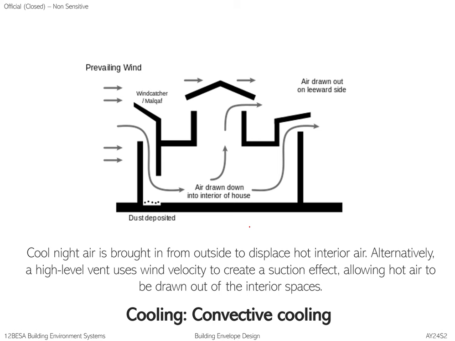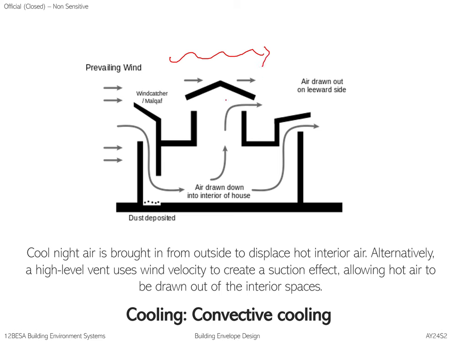Convective cooling is another kind of cooling measure, where the cool night air is brought in from outside to displace the hot interior air. Alternatively, a high-level vent uses wind velocity to create a suction effect, allowing hot air to be drawn out of the interior spaces. This is typically in the Arab countries, where the night times tend to be a bit warm, and you want air to be drawn into the space and cool the space. So you want to create a suction effect by first tapping on